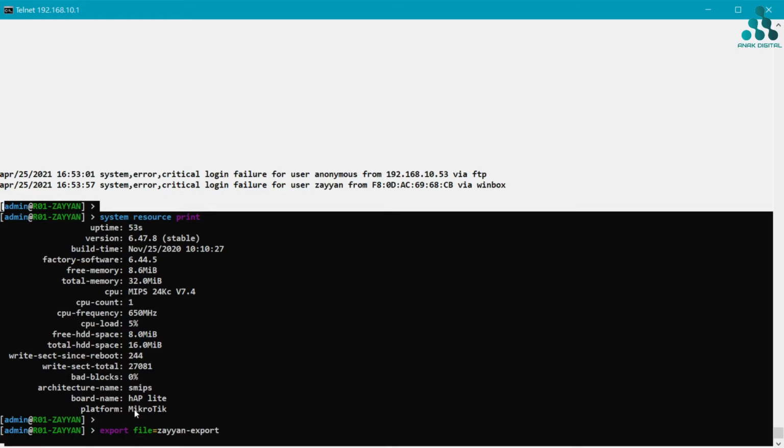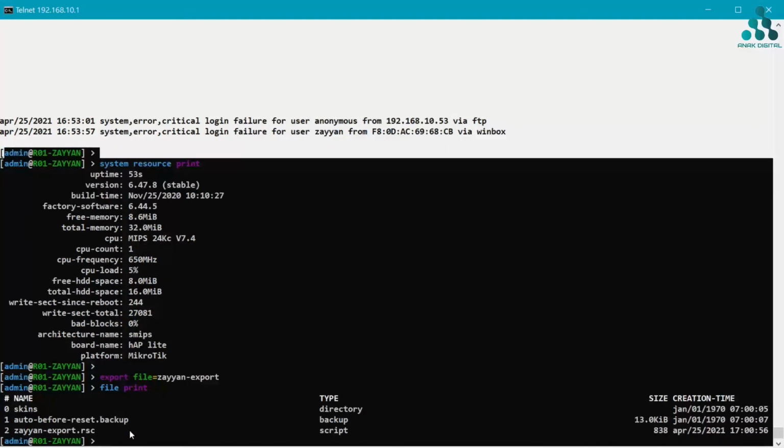Wait a minute until the router comes back again. Okay, and next check the file export in file print, and you can see that I'm successful for export this router.